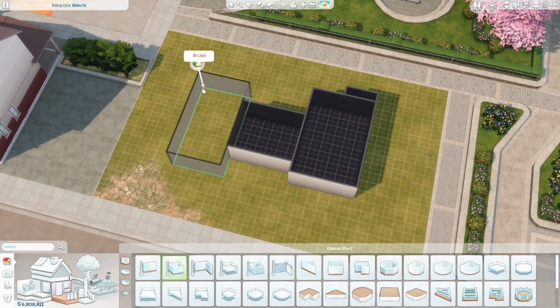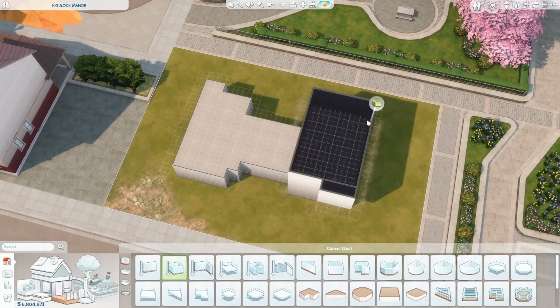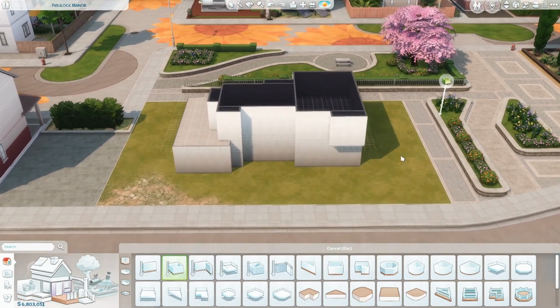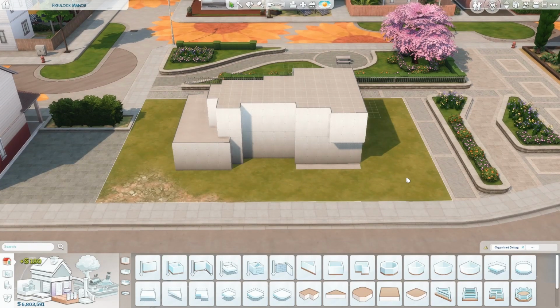In today's video we are building this eco-friendly family house that I built in the world of Evergreen Harbor in The Sims 4, obviously. I built this house on a 20 by 30 lot, and I would say it's a fairly big-ish home. And of course, since this is an eco-friendly house, I really wanted to use mainly the green items